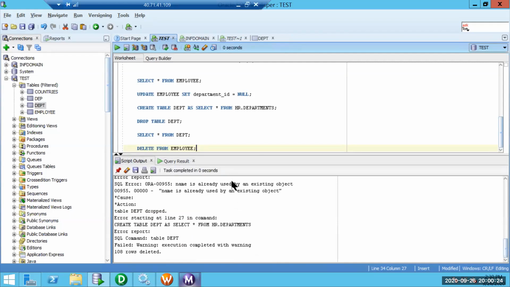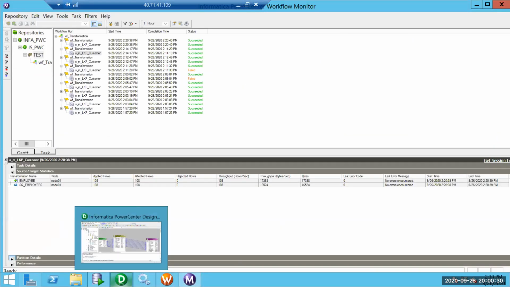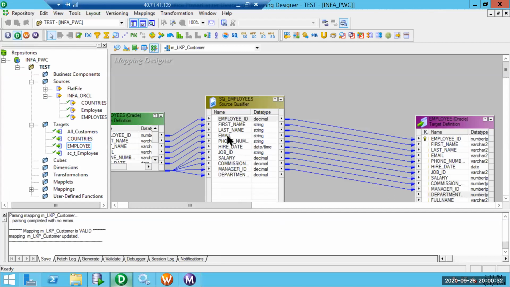All the records got deleted. I have committed. So let's do small changes. How to make it active? This will be an employees table from the HR schema. From the HR schema I am retrieving data. So instead of full name, wherever it is full name, okay, we have got full name here.